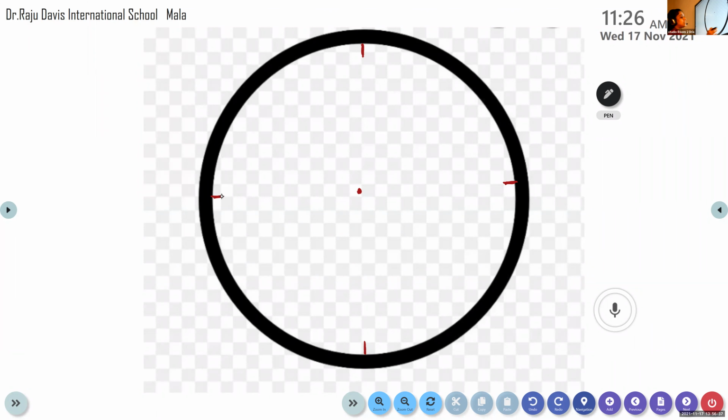Okay, so all listen carefully. No need to do anything now. Hold your hands and listen. Sit straight, everyone. Now what did you understand? First we have to draw a circle. After that, put a point in the center. And we marked 4 small lines. How to draw that? Like this it will come. At this point, correct, top here, down here, right side here, left side here. Like this way we have to mark it.